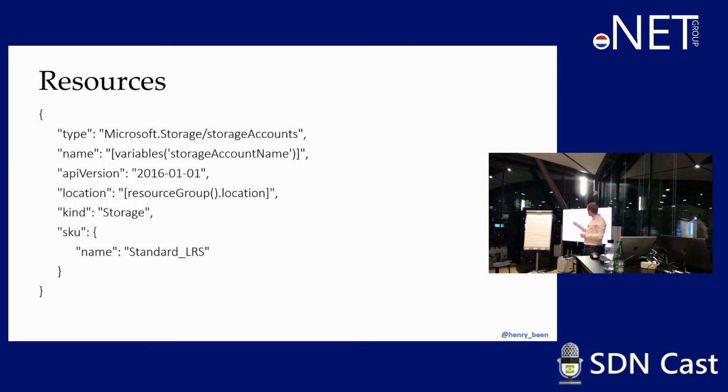And if we're next up, it must have a name. Thirdly, it must have an API version. And fourthly, it must have a location. Probably things like West Europe, West US. And all the other properties are the properties that come from the JSON for the specific resource type that we